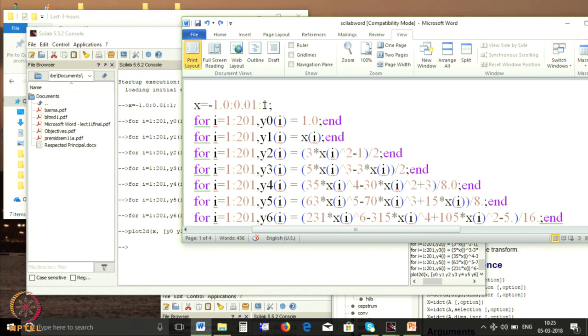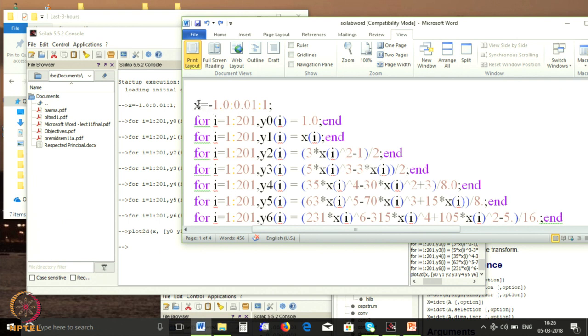So there will be 201 points. In Scilab, as I mentioned before, when you do not say anything, the variable is assumed to be an array variable. In Fortran or C or other languages, you have to be very careful about your array variables. Here that array nature is implicit in all the variables.